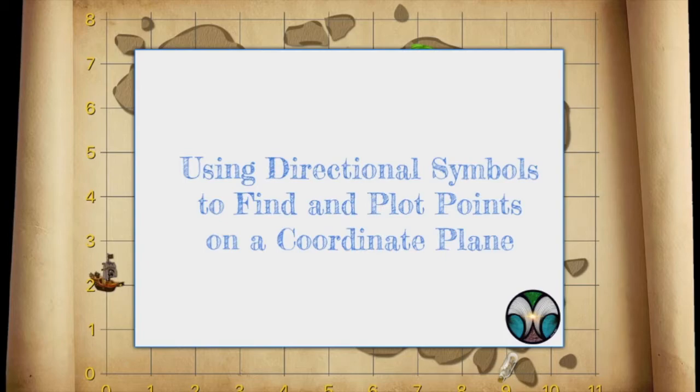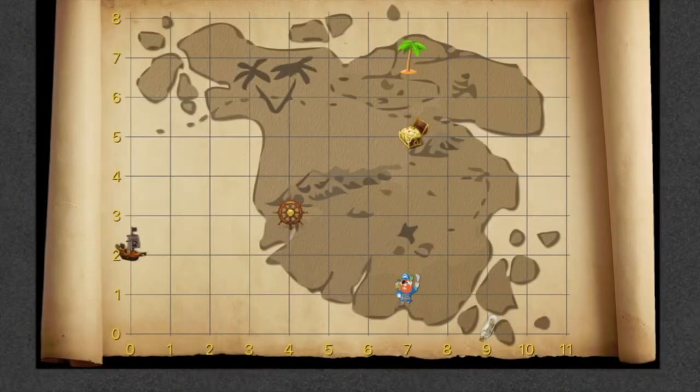In this video, we will be using directional symbols to find and plot points on a coordinate plane. In this new adventure, our friend the parrot down here, we'll call him Parrot, is going to be navigating the map in search of treasure using not only coordinates or ordered pairs, but also directional words like north, east, west, and south. I'm going to place a compass rose up here as a navigational symbol to help us identify which